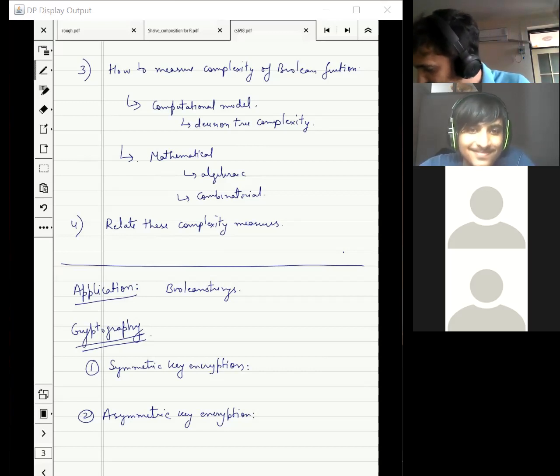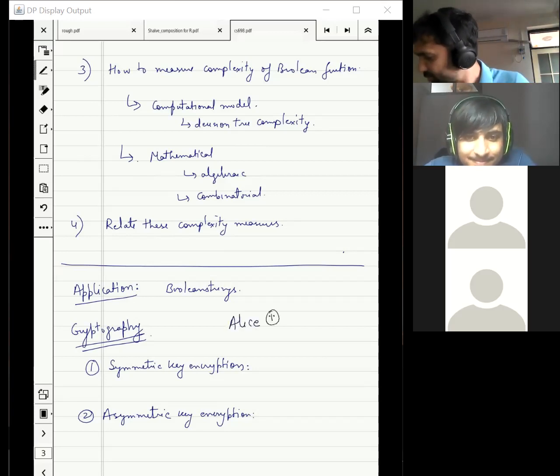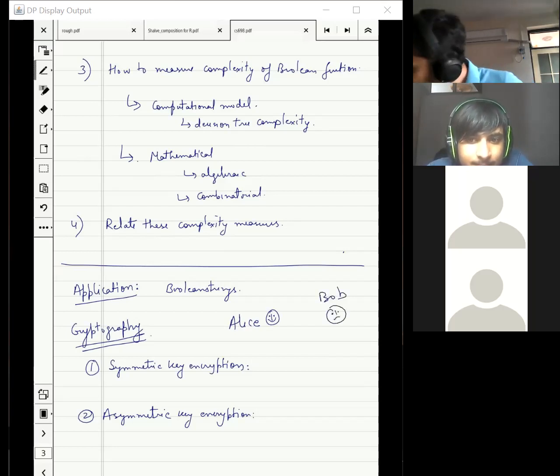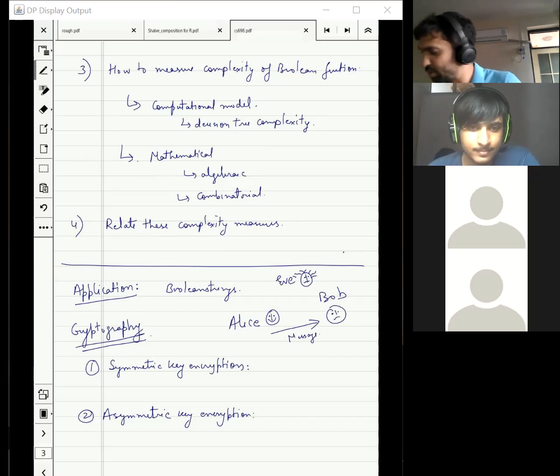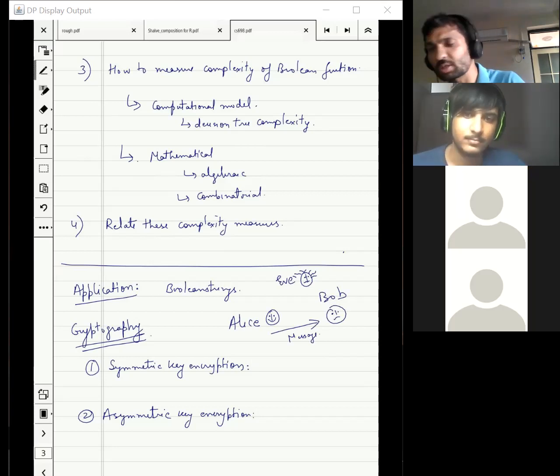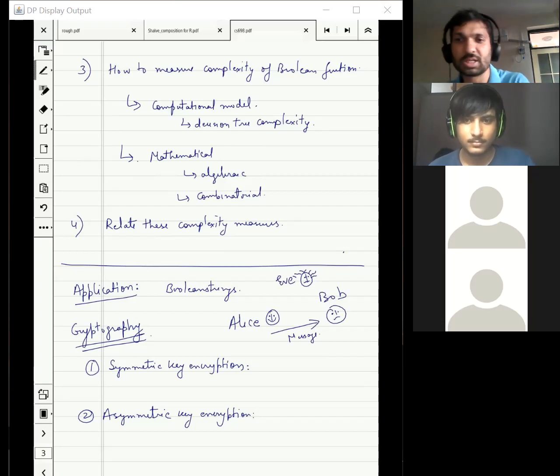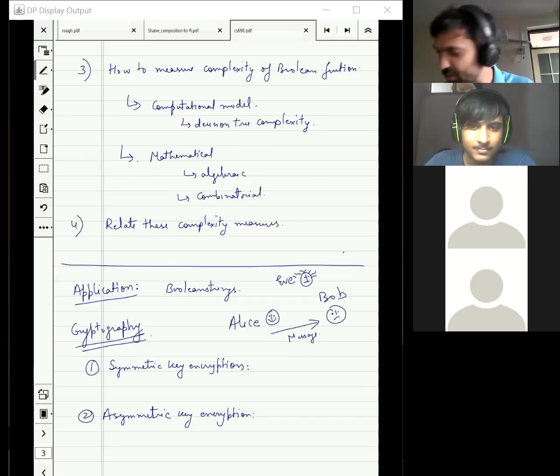So Alice, let's say she's very happy. Bob doesn't have the message yet, sad. And then we want to transfer a message, but unfortunately Eve is, I don't know how to draw a scary face, but Eve is sitting on the top and trying to catch this message so that she also knows the message. The task for the Alice is to transfer the message so that Bob understands this message, Eve has no clue, right? This is one of the very basic primitive tasks of cryptography, right? This is called encryption and decryption.